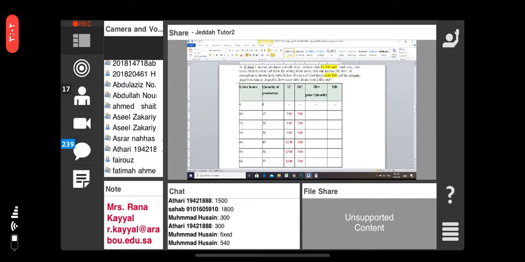So what is quantity? Labor hour or quantity of production? Which quantity should I look at? 15 times 36, yes. So I'm talking about the quantity produced. So 15 times 36, and this is equal to, sorry,